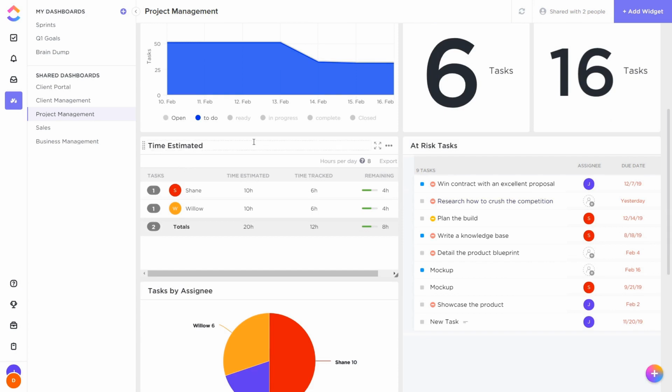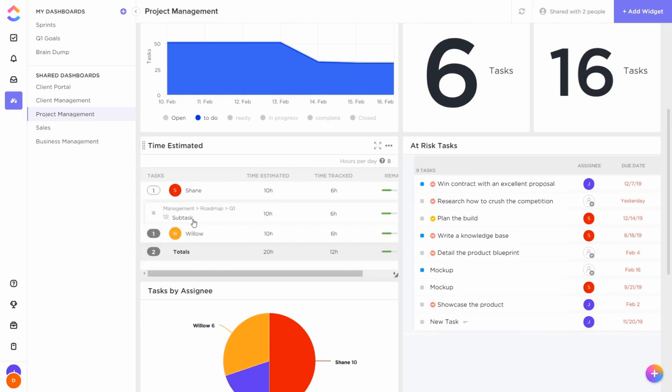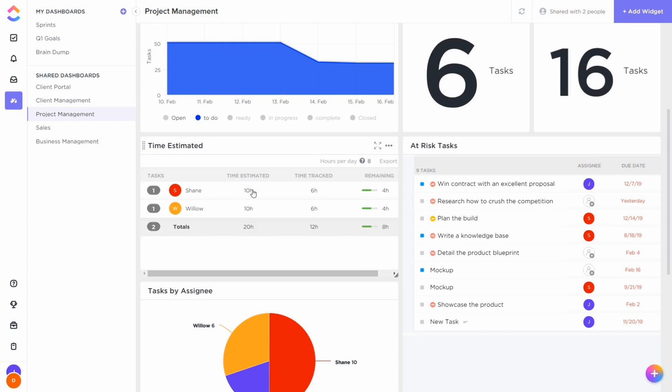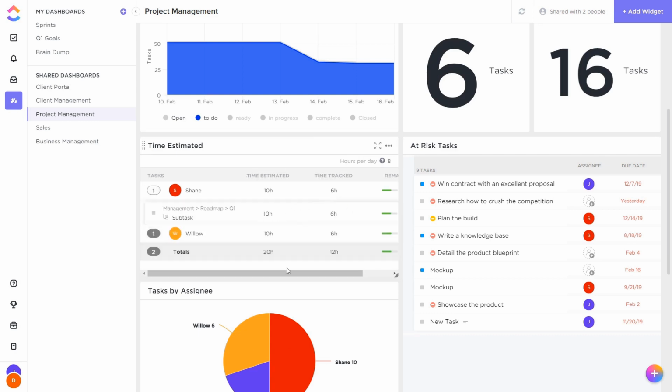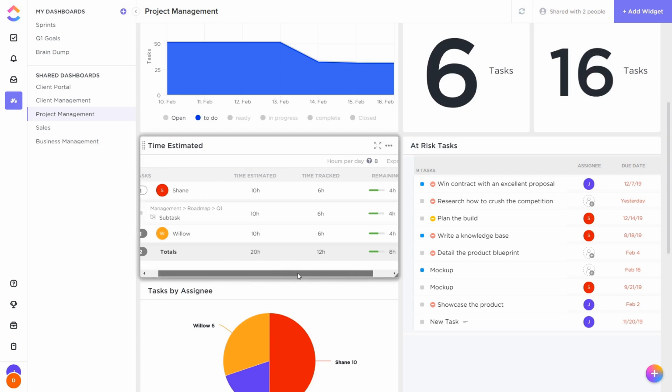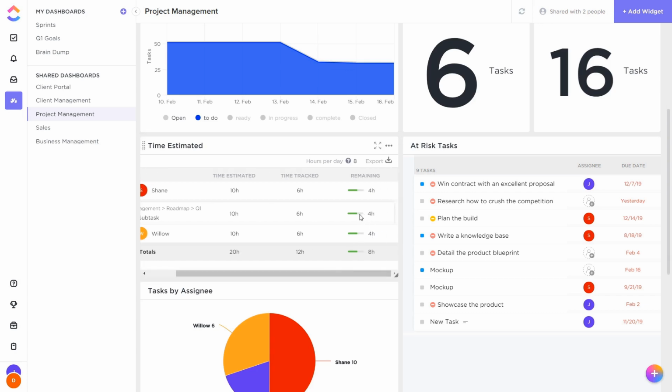Then we have a time estimated table. So this will show us a line for each person. And if we were to click on them, the tasks that make up their information. So we have time estimated of 10 hours each, and then time tracked, and then based on that, the time remaining. So we can see on this task, it was estimated at 10 hours. So far, we have used up 6 of those hours, and we have 4 hours remaining